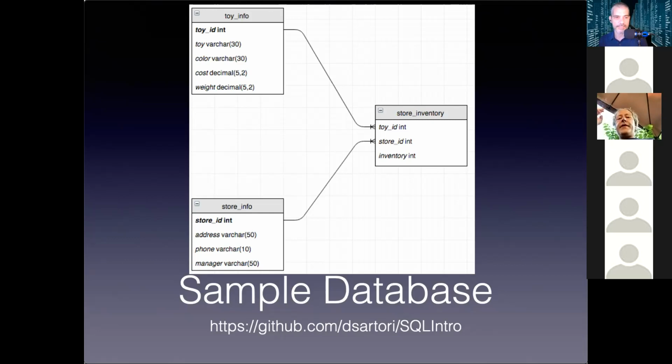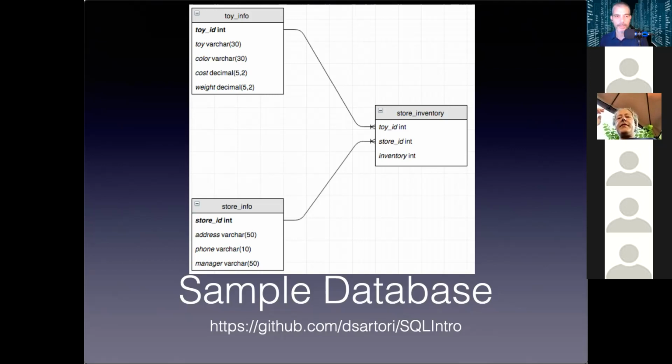The cost is a decimal, as is the weight. Decimal, that data type specifies the precision and the length of that particular decimal number. So in this case, we have a decimal number that is 5 total digits long, with 2 digits after the